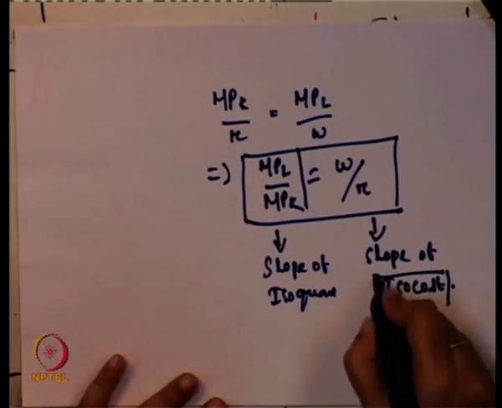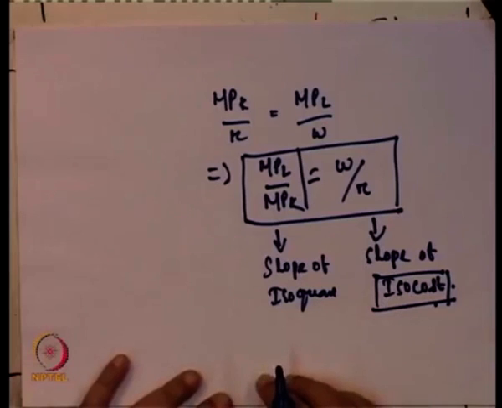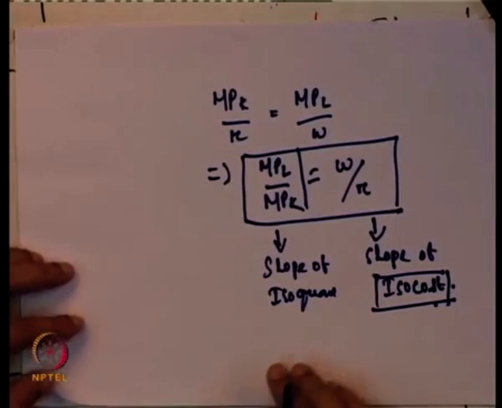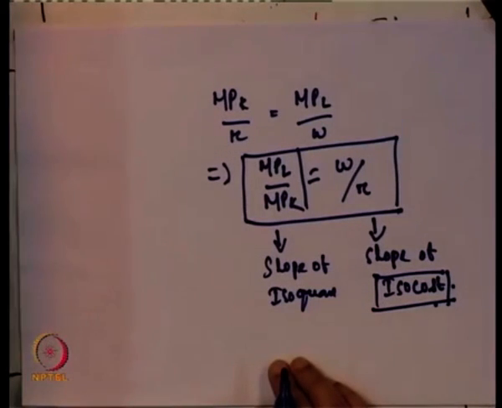Since the constant is given in the form of isocost and the output is given, in this case we can say that the first order condition has to be the point at which the slope of the isocost has to be equal to the slope of the isoquant. So, the ratio of marginal product of labor and capital gives us the slope of the isoquant, and the ratio of input prices, that is W and R, gives us the slope of the